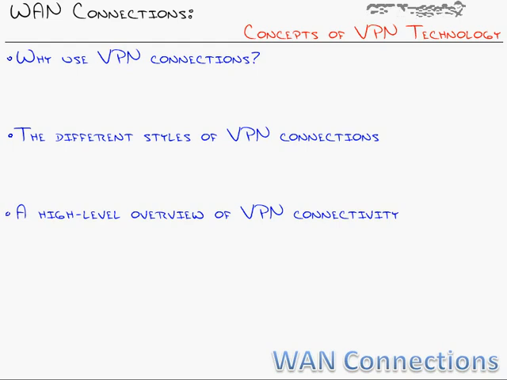However, the complexity of it is enough to fill an entire course. I could talk about VPNs in all their glory, from concepts through configuration, and it would easily take me a series of 30 videos to make that happen. So when they decided to splice VPNs into the CCNA program, Cisco thought, how about we give just enough to be dangerous? Meaning just enough of the technology, what it is, what it's used for, and how it works to allow you to know what's going on, know what VPNs are all about, know where you would use them, but then leave